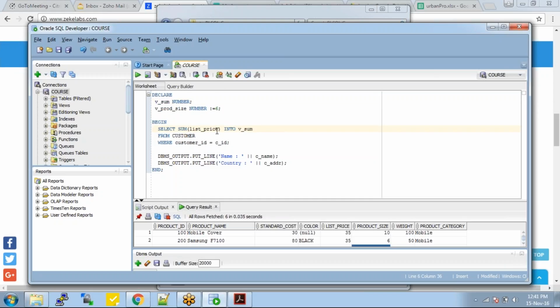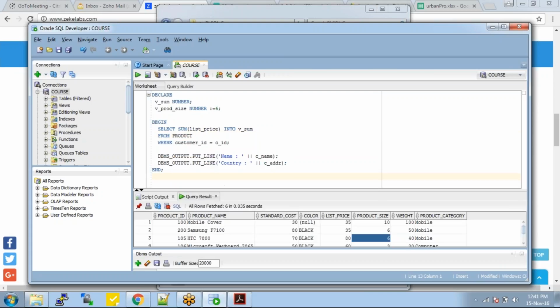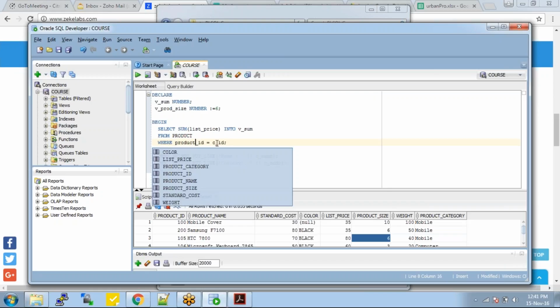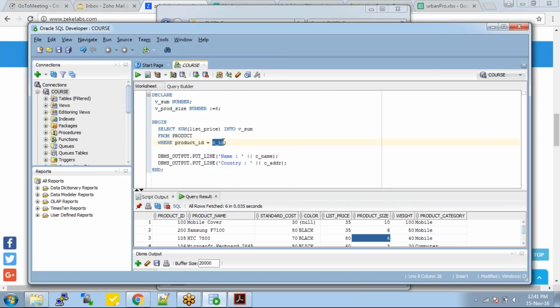So it will be into v sum from product, where product ID is equal to my C size. Okay. Now instead of this